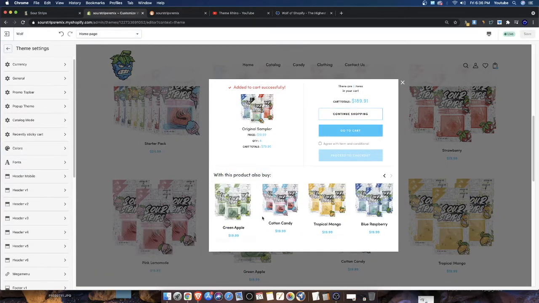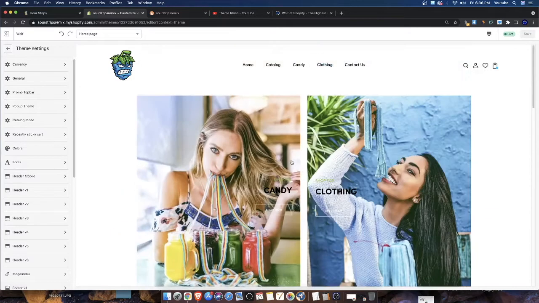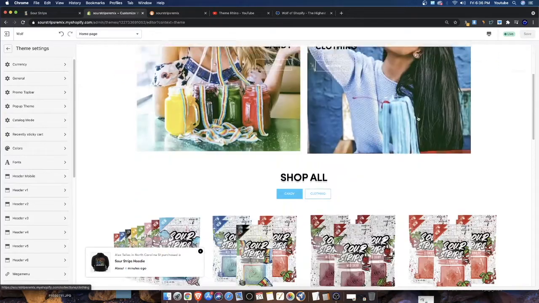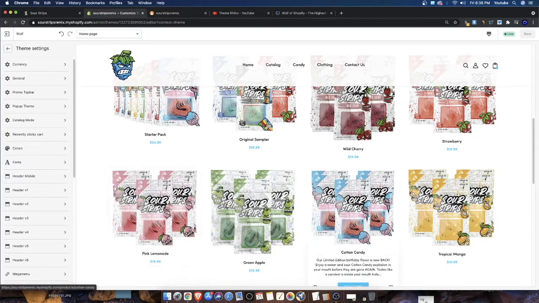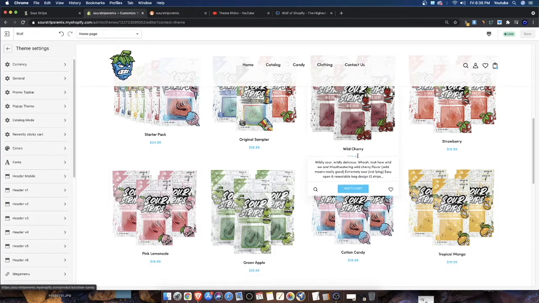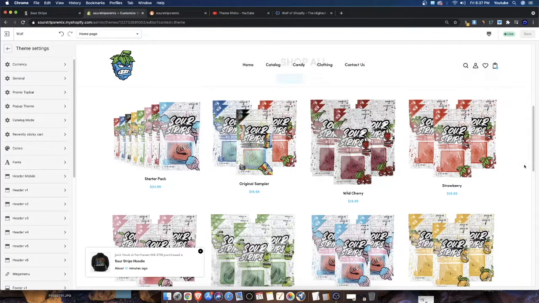I did that because there are more options of candy than there are of clothing. Any kind of product that you have that has a lot of options to it, right? Like, for example, in this case, candy, there's different options. There's pink lemonade, tropical mango, green apple, etc. You want to add that product as the upsell because it creates more variety. When there's more variety, there's a higher chance with higher conversions to get an extra add to cart, which